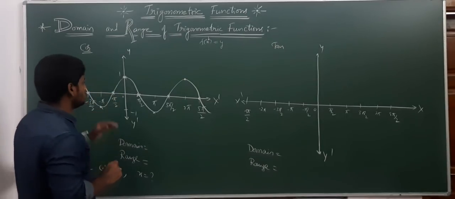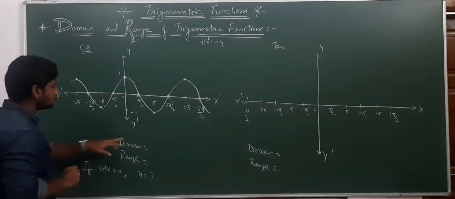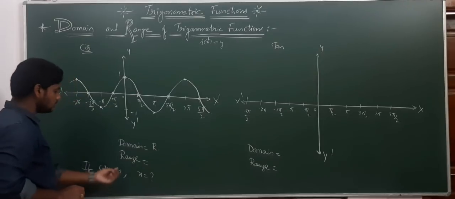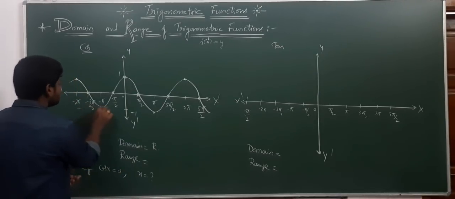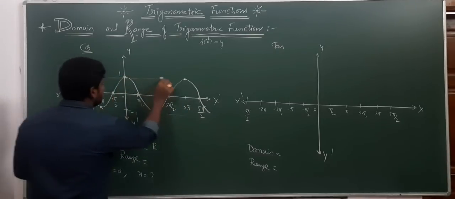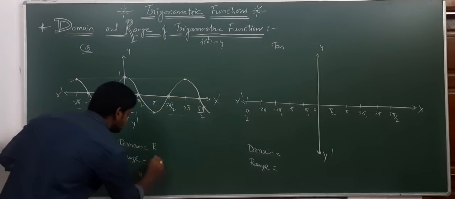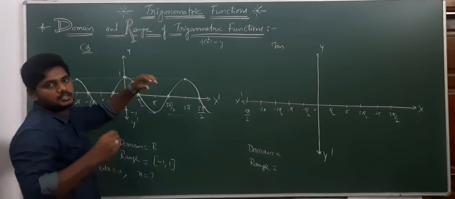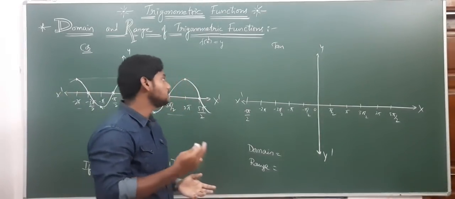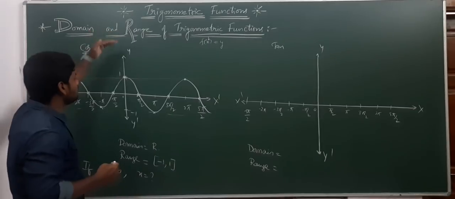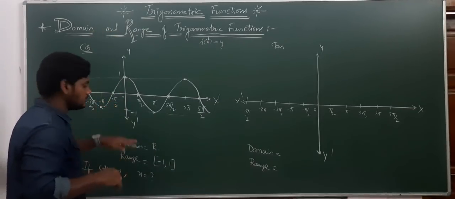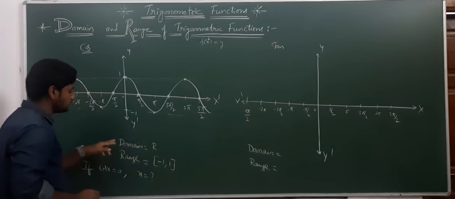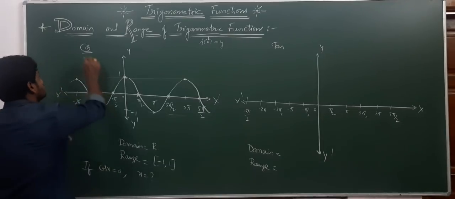Both are different graphs. If you observe from this, what is the domain? Domain means all the values we can take, so the domain is R. What do you mean by range? Here also if you observe, the graph won't exceed 1. So that's why this is also minus 1 to 1 only. If you take cos 5000 degrees also, we won't get a value above 1 or below minus 1. If you take any angle, any radian in terms of a real number, we will get values only from minus 1 to 1. So this is the domain and this is the range of the cos function.